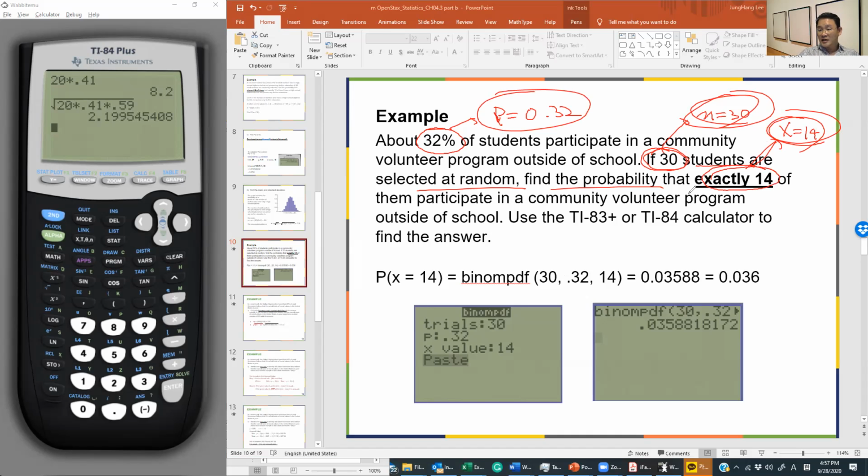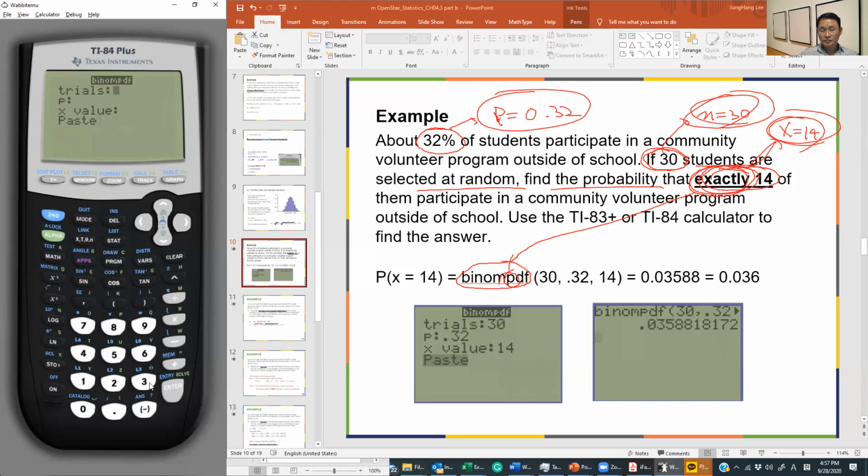It says exactly 14. Exactly, that means what function? Binomial PDF function, not CDF, PDF function. So you go to second half, and variable. Pull this menu down to binomial PDF, enter,